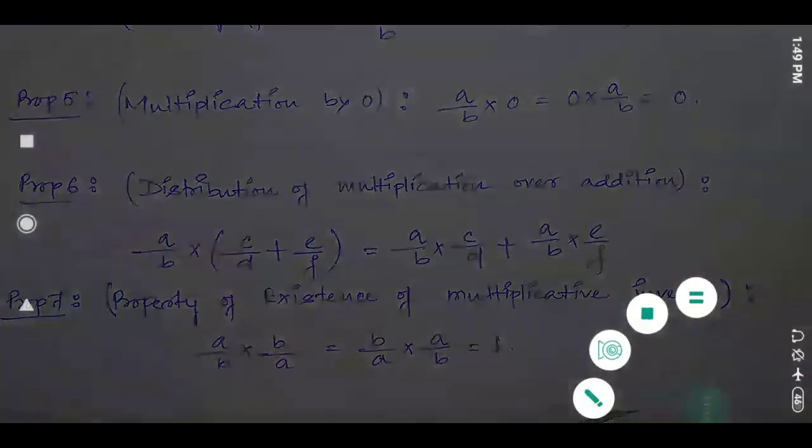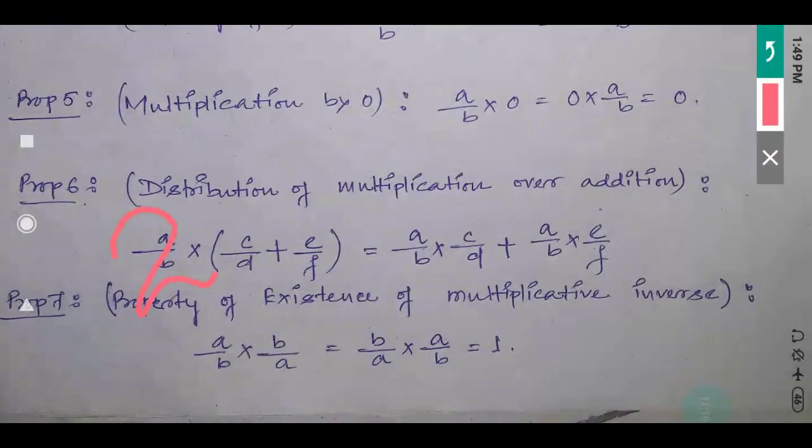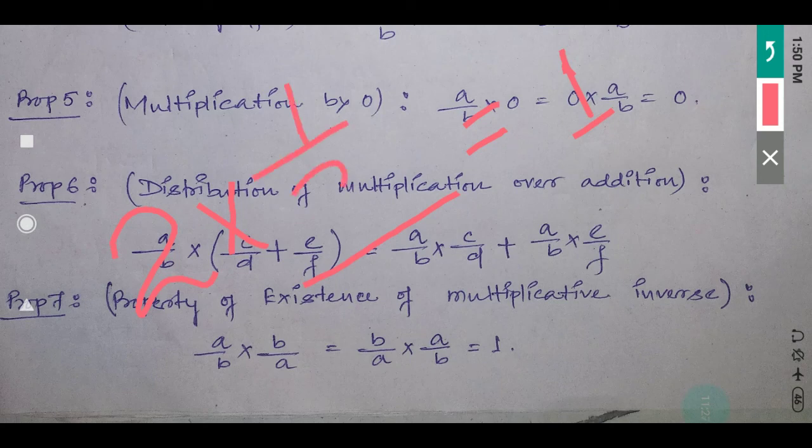Again I am explaining, listen carefully. With 2, suppose, what number do you have to multiply so that you will get the answer as 1? With 2, what number do you have to multiply? With 2, if you multiply 1 by 3, then you will get 2 by 3, because this is the numerator. So 2 into 1 is 2, 2 by 3. But what do we need? We need only 1.